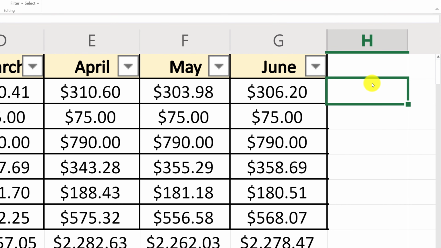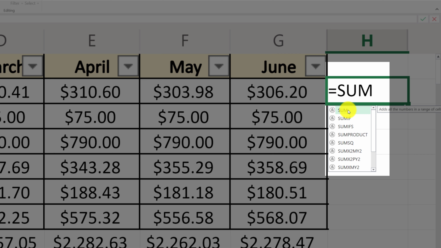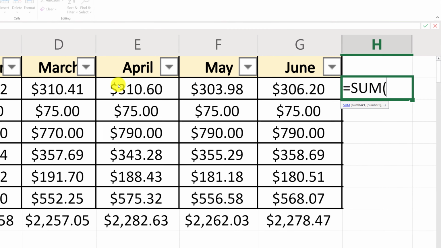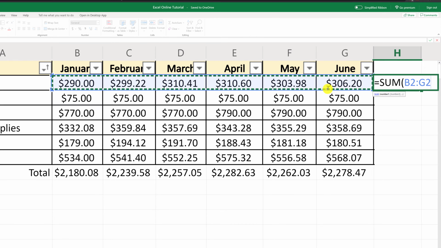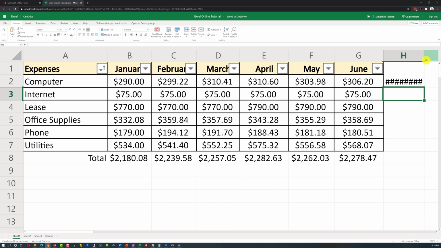To do that, we need to type the equal sign, and then we can type the sum formula, and you see what Excel Online does automatically. It shows you all available formulas that match the criteria of sum, but as soon as I enter the parentheses to start typing values, I can either drag the cursor here, which will enter the range here, and our range will be from B2 through G2, and I just need to close the parentheses and hit enter, and Excel will